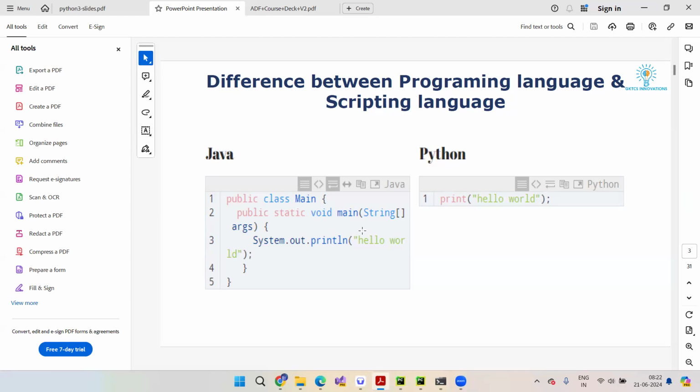We simply write a program which does automation work for us. Are you getting it? Yeah, I'm getting it.